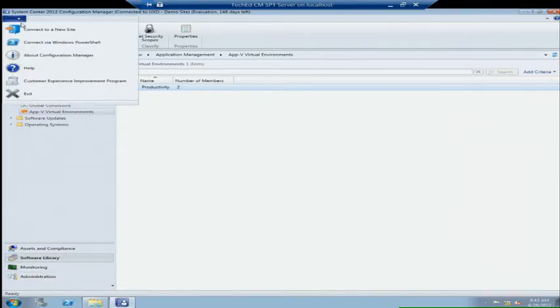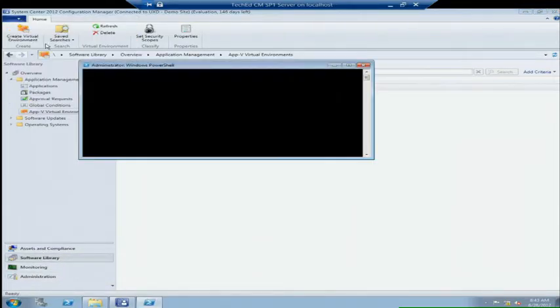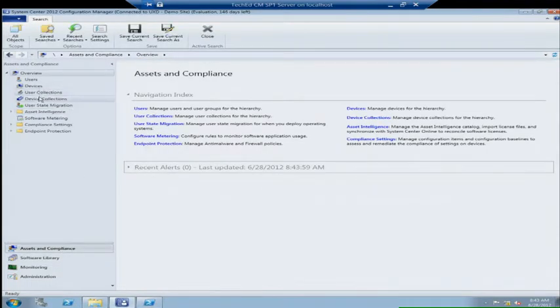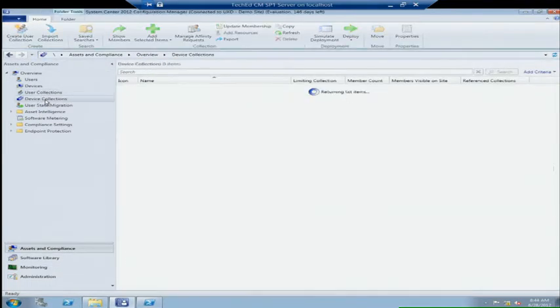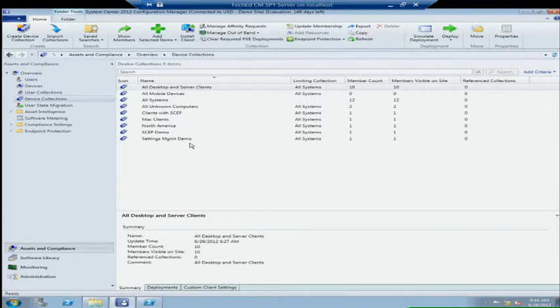Let me show you something that has a lot less problems next. I'm going to try to show you the PowerShell functionality that we added. So, pretty simple example here. I want to automate creating collections, device collections specifically. I have a few machines that I just bought, and I want to create a collection with those machines. I know the machine name. I want to add them to a specific new collection, and then usually the way you do that is you